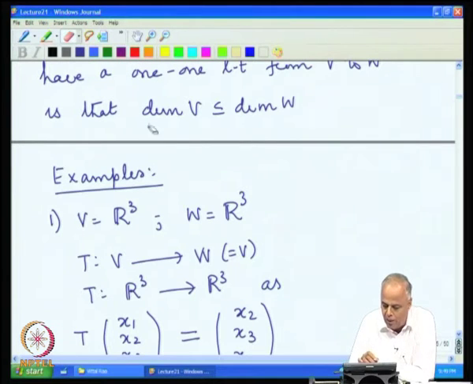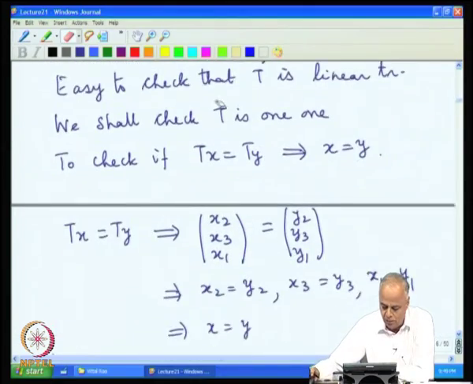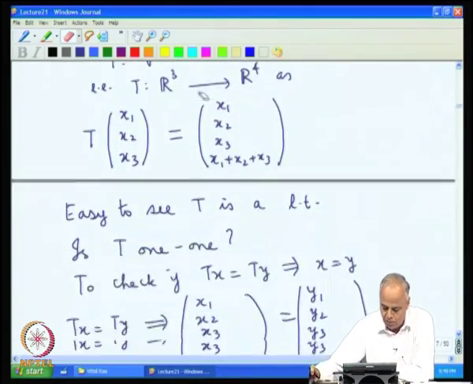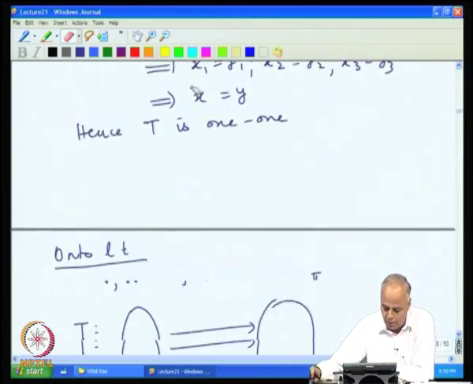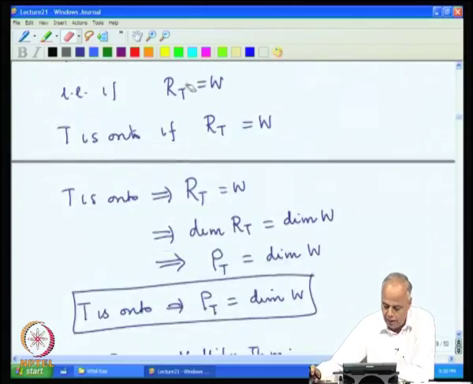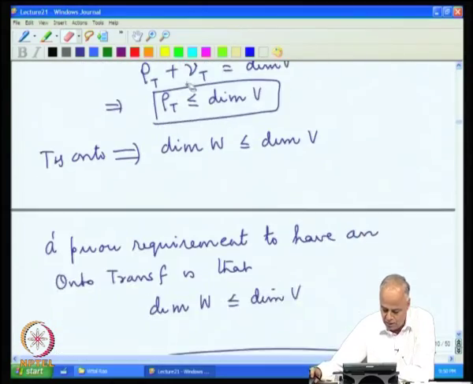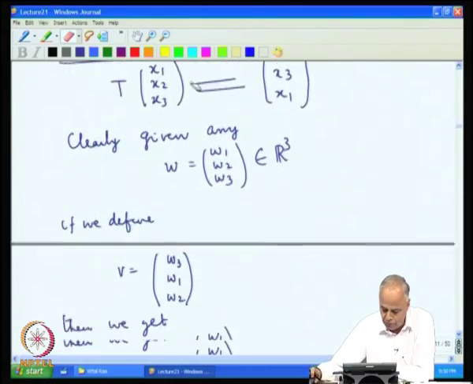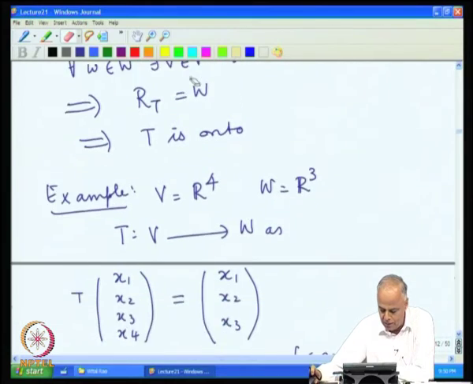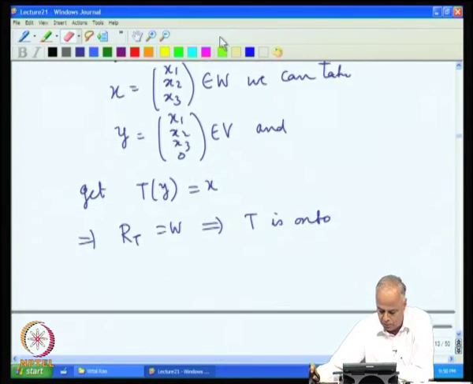So, that is a very important requirement for a linear transformation to exist. So, we should have dimension of V less than or equal to dimension of W for